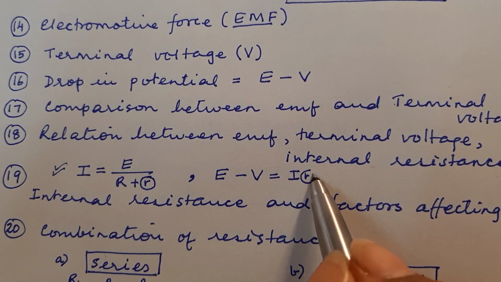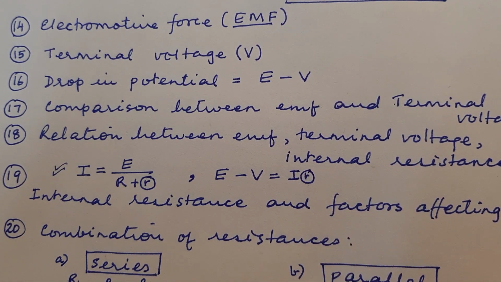Here again we take the internal resistance. Point number 19 is internal resistance and the factors affecting it. So internal resistance is the resistance offered by the electrolyte of the cell, and the factors affecting the internal resistance are